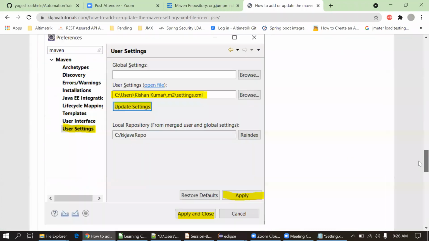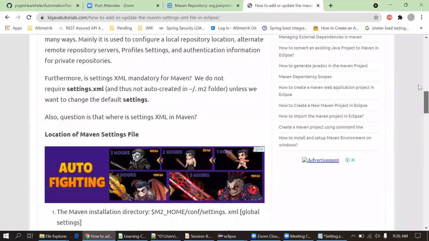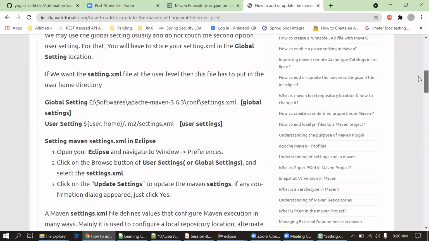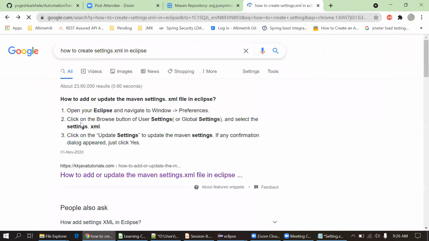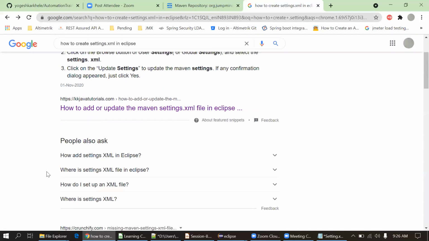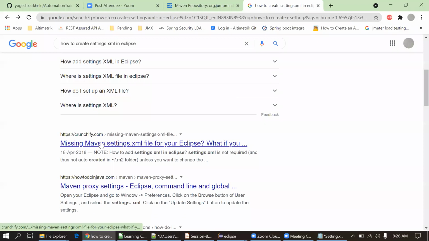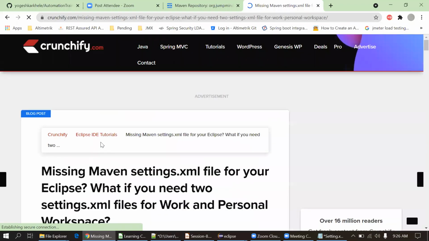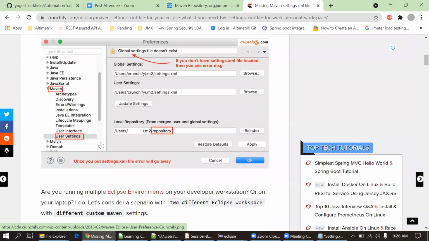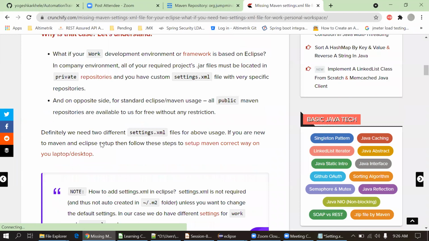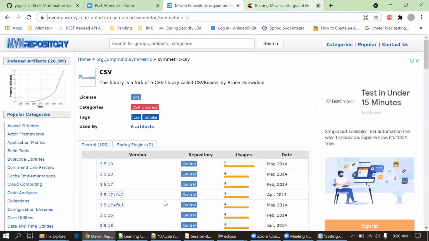I'm not seeing any structure here. Somewhere we will get the structure.